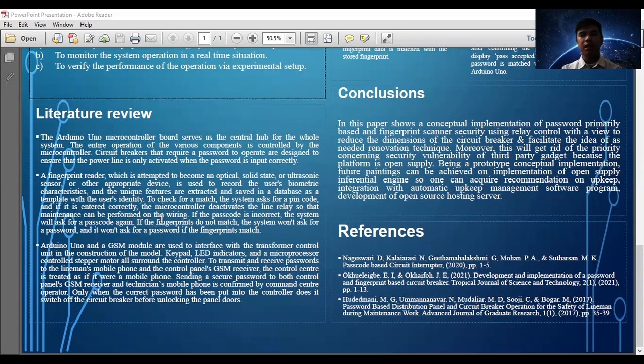So this project uses a pin code and a fingerprint scanner. It uses two inputs, but has no emergency push button to cut off the current, to cut off the load. In this project, if the password is incorrect, the system will ask for a passcode again. If the fingerprint does not match, the system won't ask for a password, and it won't ask for a password if